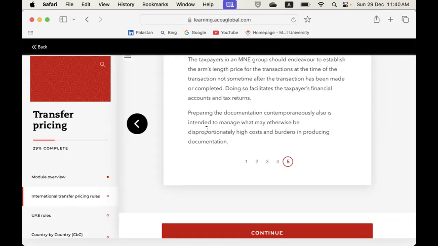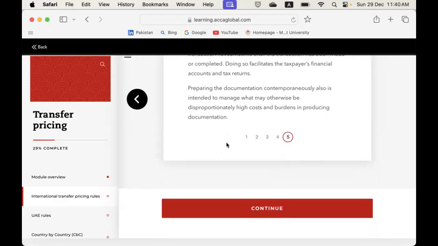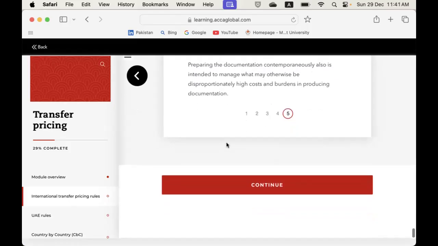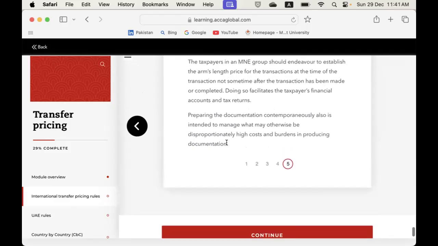Preparing the documentation contemporaneously also is intended to manage what may otherwise be disproportionately high cost and burden in producing the documentation. So that's a very important point that they have raised, that if you delay it and wait for the year end, then later on you might have to even pay for getting that information which you could have gotten easily at the time of those transactions: comparability information, market research. So that is why it is advisable for such enterprises, MNEs,